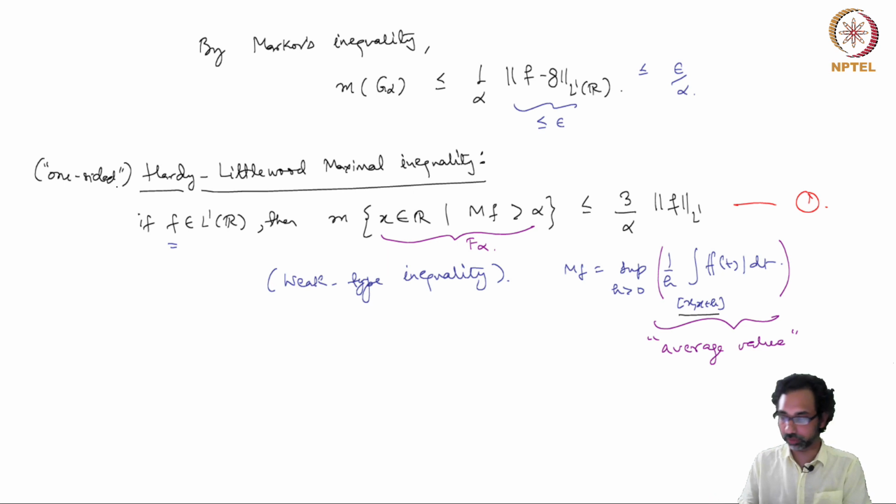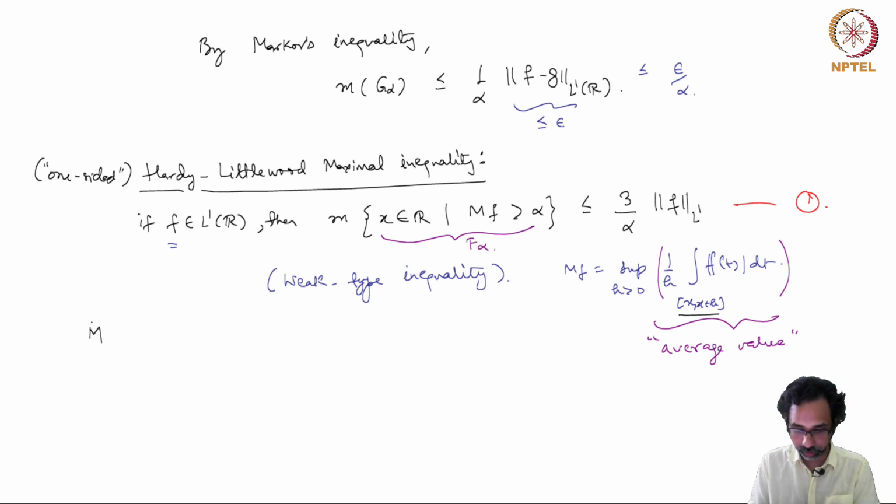But of course, if you have the two-sided Hardy-Littlewood maximal inequality, which contains an interval of radius, let's say 2h, with the center x,